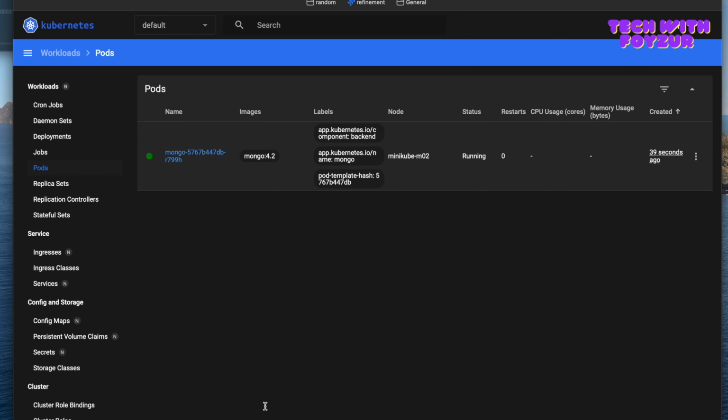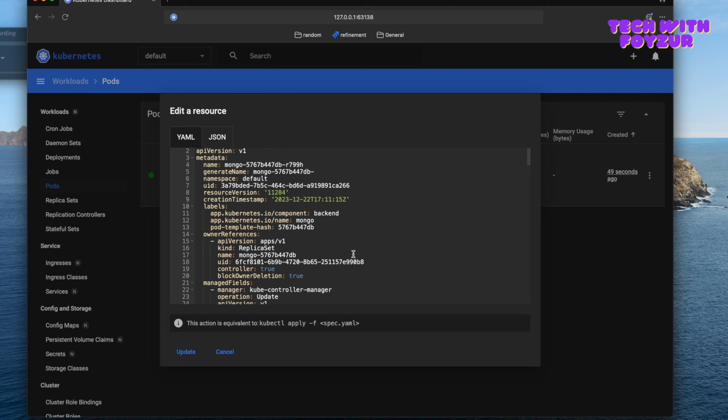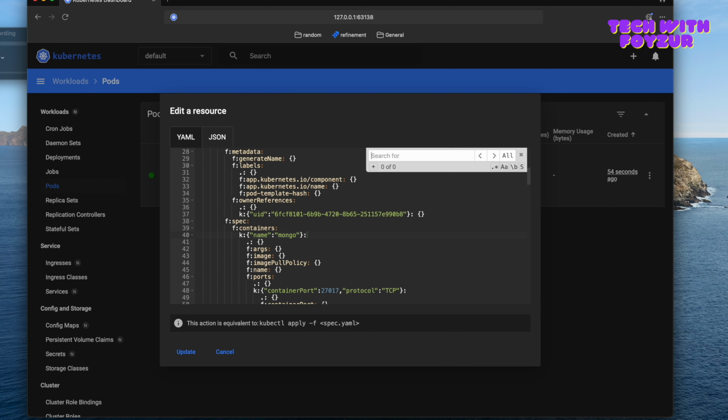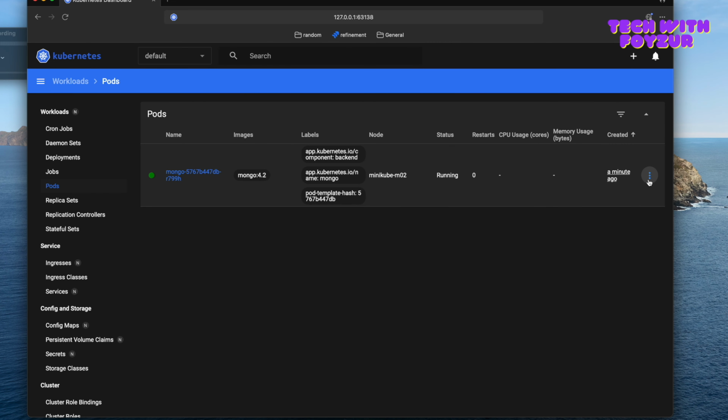So what happens if you're not so happy about this? You could actually do a little bit more stuff here. How? You could edit this stuff. Let's say instead of, let me search replicas, I'm actually in the pod, so I would not be seeing it. If I go to deployments, I would be definitely seeing it. So I'm gonna show it to you in a second. Bear with me. Then you could delete it. So if I delete it, this pod is gonna go away, right? But see what happens. Let me do this. So let's say I deleted this pod, and if I refresh,